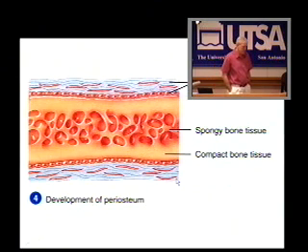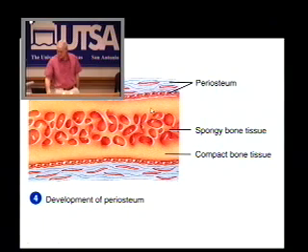A more mature appearance is shown here with the spongy bone in the center that has two plates of compact bone on either side of it. Remember, we're discussing flat bones here. And the periosteum, the two layers being identified, the fibrogenic outermost and the osteogenic innermost. And then what isn't being shown here is in both the compact bone and the trabeculae of the spongy bone would be the osteocytes and their lacunae with their protoplasmic processes and in the canaliculi, and the osteons that contain